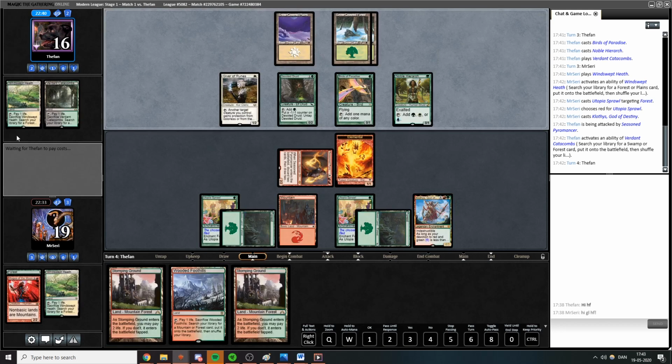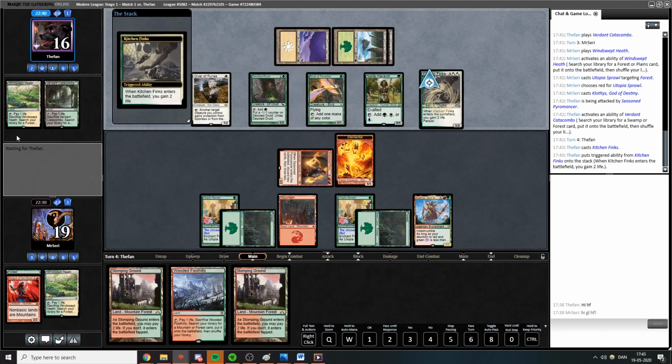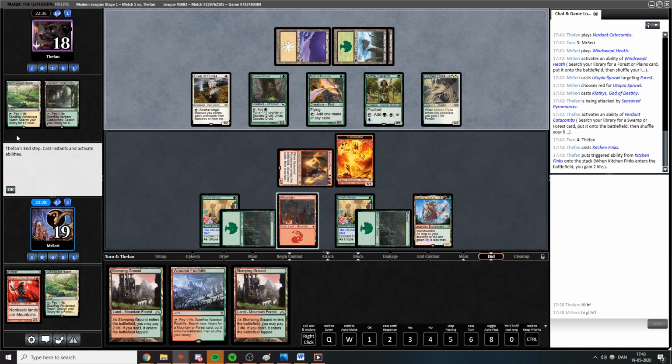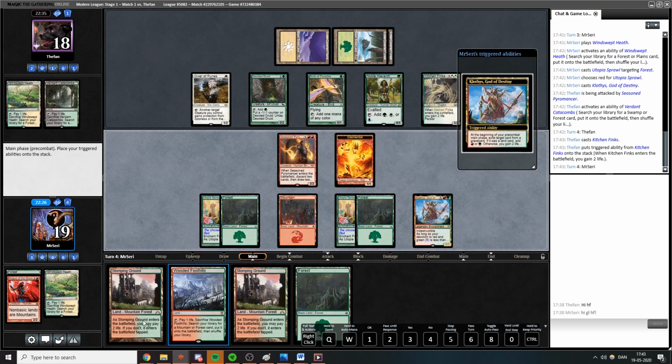We have 5 lands. Lukka would be nice. That's a Kitchen Finks. I guess it's just Druid. They gain some life. That's okay. They don't attack with anything, so we're just waiting for their Vizier or for us to draw something. Oh lord, another land. We got extremely punished this game, I mean, I don't know if we got punished or we just got unlucky. This is a lot of lands. And we also discarded one, so